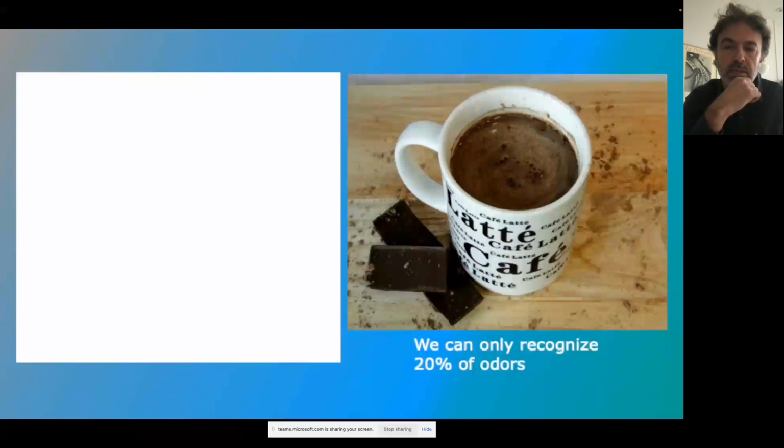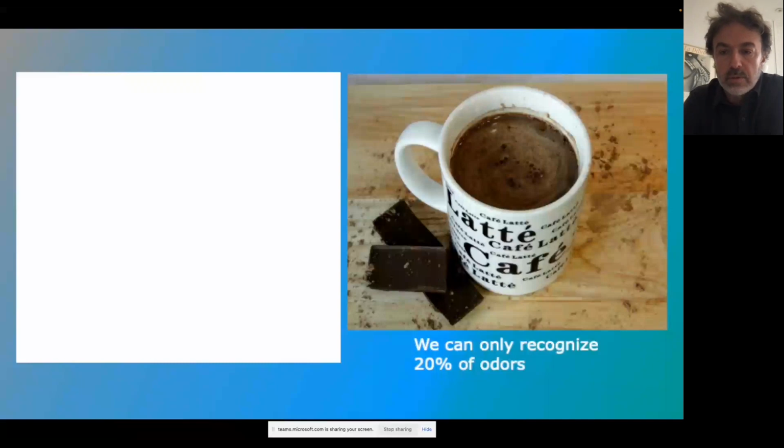I think the first reason is that we're bad at actually recognizing smells. For example, with this image, you're not even smelling it, but maybe you thought this was coffee. But it's actually chocolate. I was trying to induce you into a mistake from this image to this image. Maybe it's the afternoon in Europe, but here in the US I just got my coffee, so when I see this image I really think of coffee. Of course, I would be able to distinguish the aroma of coffee from chocolate. They're very different. But without a context, humans in general are bad at